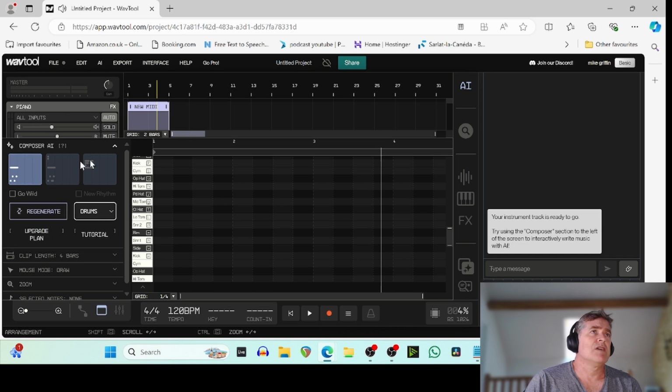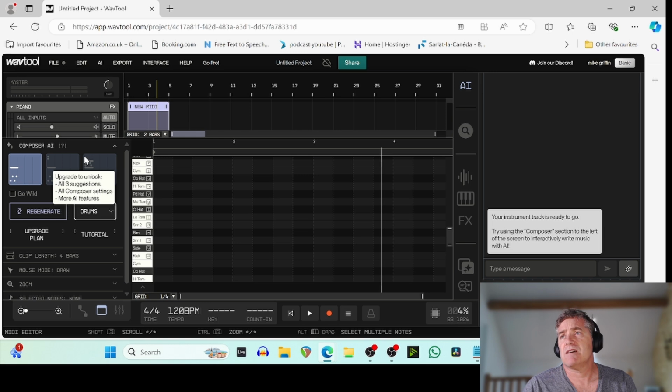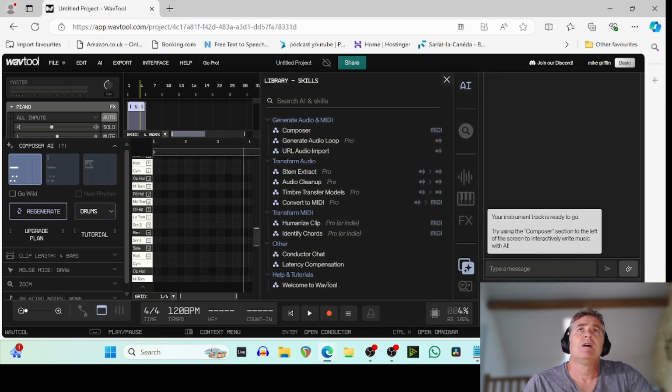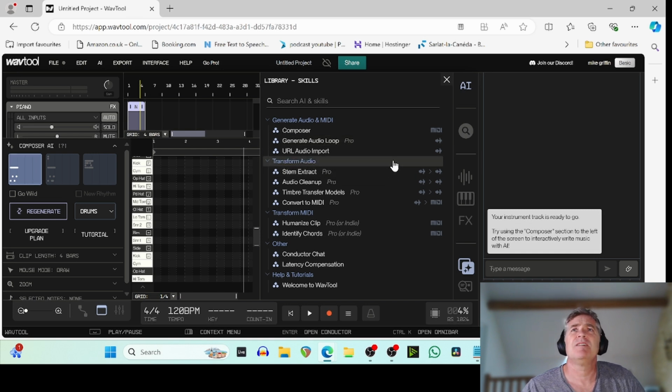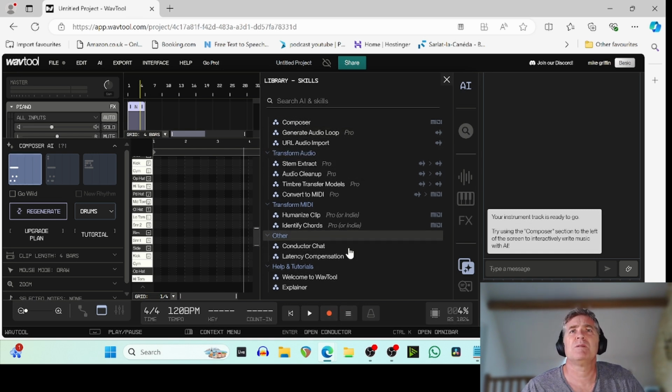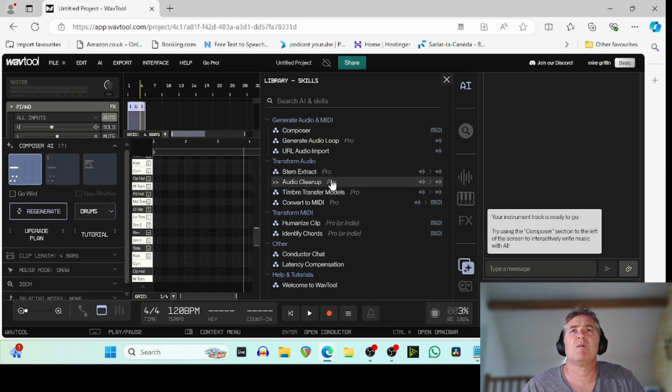It's okay, so the Composer AI does MIDI stuff. Browse, let's see what else this has got. Okay, that's what we were talking about, generating audio and generating audio loop, which is the Pro, which I guess is going to be a paid option. So here's all your upsell points here. You've got other stuff happening, transform, do extraction of audio, convert to MIDI, all potentially useful, but you can get